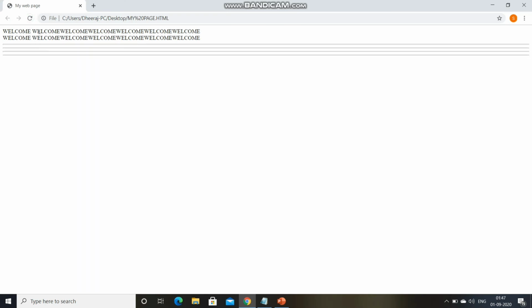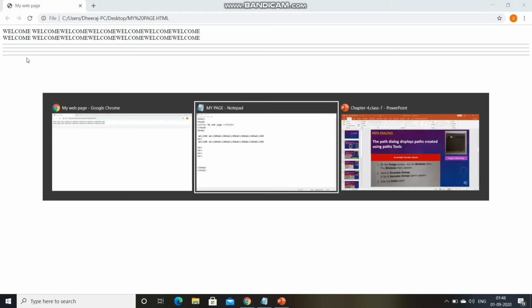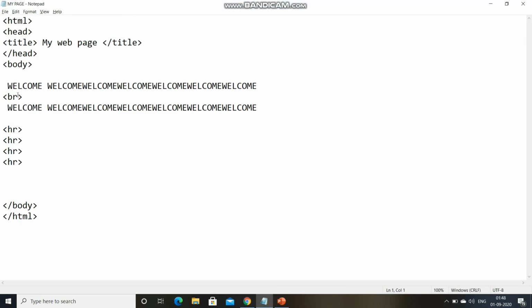Can you see after these two lines there are 4 horizontal rulers, 1 2 3 4. So the HR tag is used to draw a horizontal line across the page. It is an empty tag and does not require a closing tag. Empty tag means it does not require a closing tag, like HR, BR. These are the empty tags.